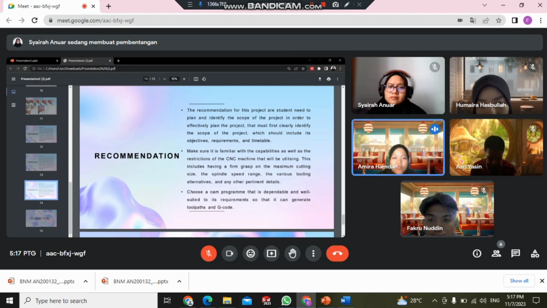Okay, for the recommendation for this project, our students need to plan and identify the scope of the project in order to effectively plan the project. They must first clearly identify the scope of the project, which should include its objective, requirement, and timetable. Make sure they are familiar with the capabilities as well as the restrictions of the CNC machine that will be utilized. This includes having a firm grasp on the maximum cutting size, the spindle speed range, the various